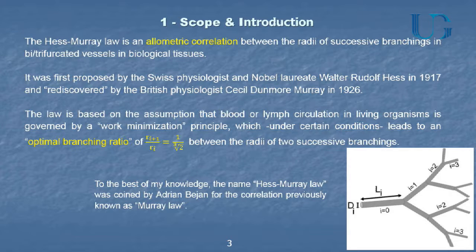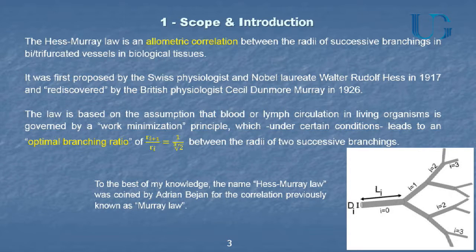In this case, the Hess-Murray law links the radius of the daughter branch to the radius of the parent branch in a bifurcation. And the law was derived independently by Walter Rudolf Hess in 1917, an Austrian, Swiss, and a Briton, Cecil Dunmore Murray, in